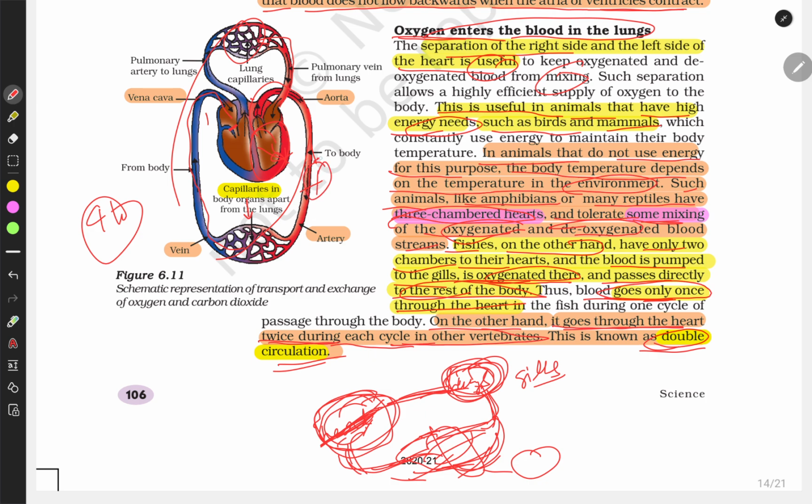Veins carry the blood from the body parts to the heart and do not have very high pressure. Instead, they have valves so that backward flow can be avoided. So they do not need